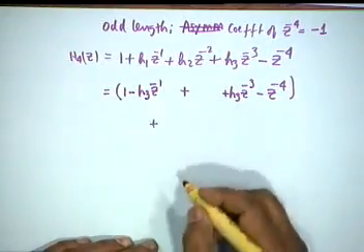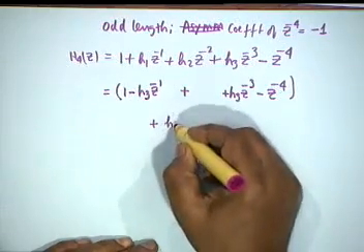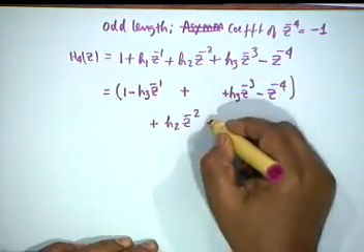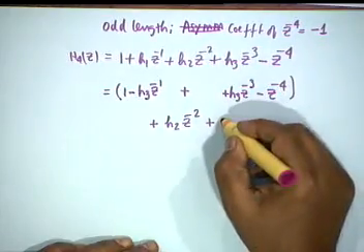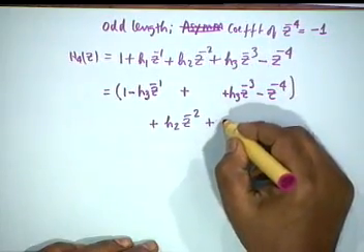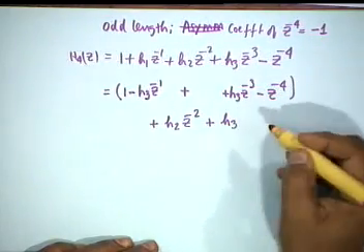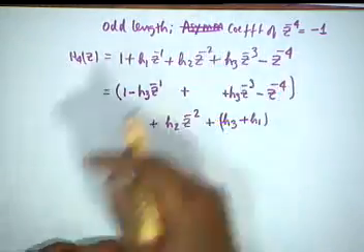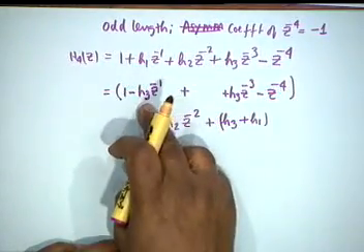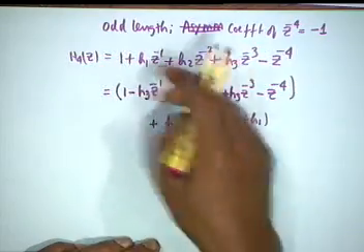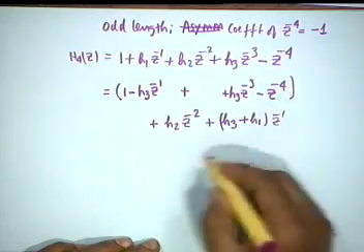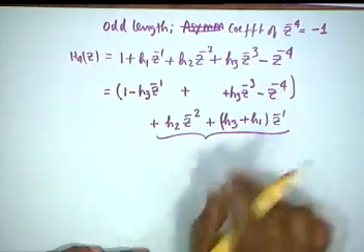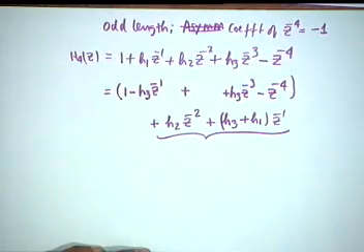So, the terms that we have to add now is H2 Z to the minus 2 plus, pardon me, H3 plus H1. I have to restore to the original value. This H3 must go and H1 must come. So, Z inverse. This is the term that we have to add. This is no longer a linear phase term. It is not linear phase.